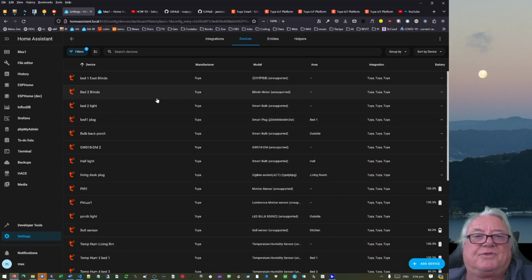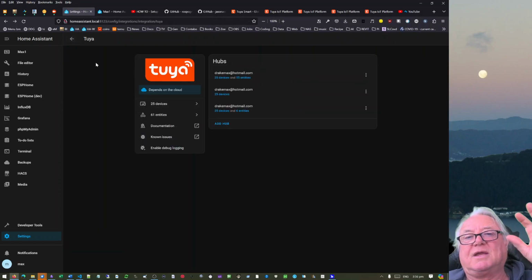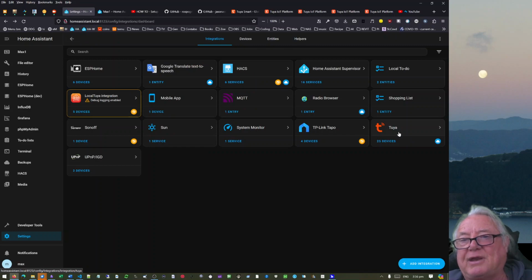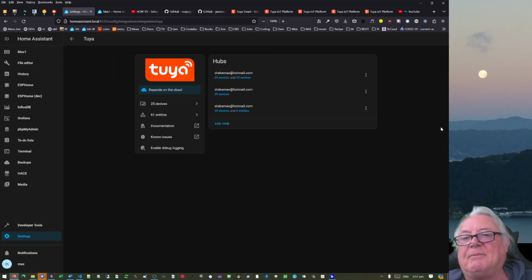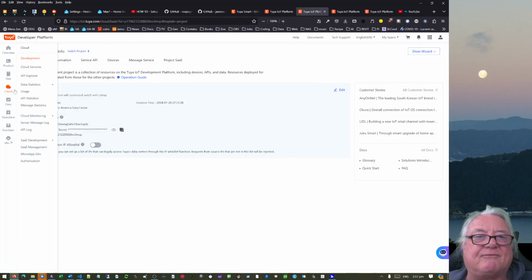So this pulls it down. The first thing that we need to do is use the Tuya Cloud add-in app to come into here, and we need it to sync with the Tuya Cloud. Now, if we just go into the Tuya Cloud platform and look at it a bit further, one of the things that I'm using here, when we're in the Tuya platform, we've then got to go into the API